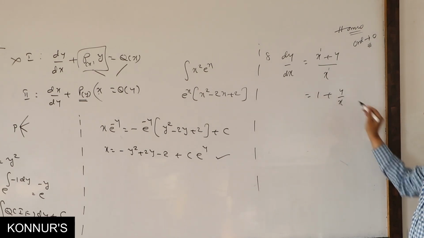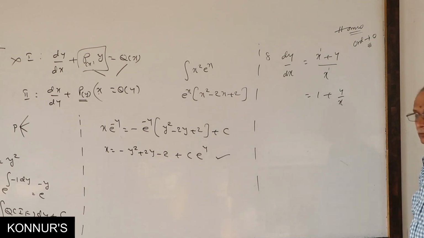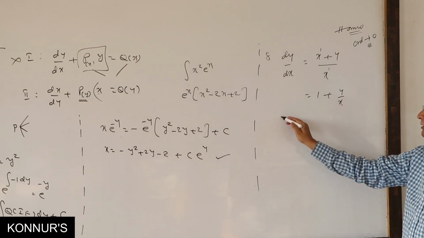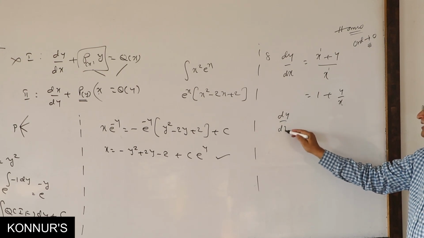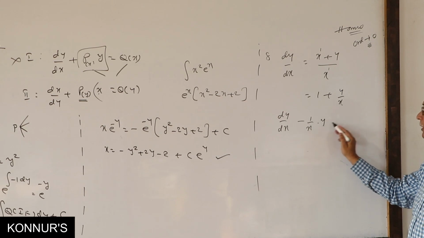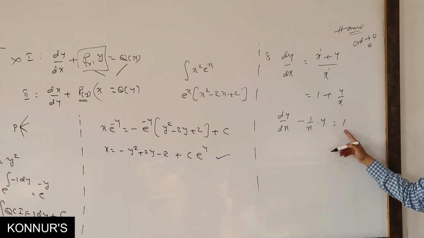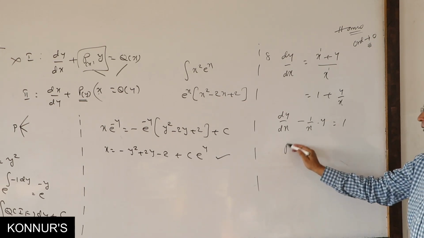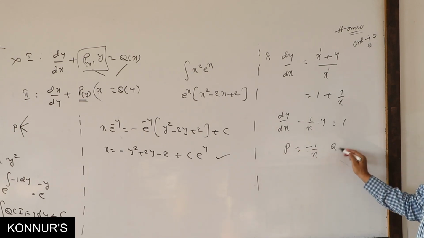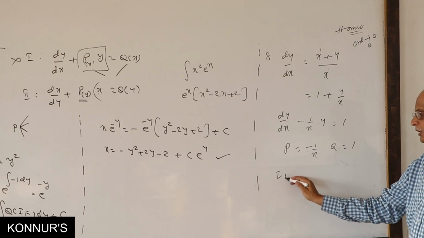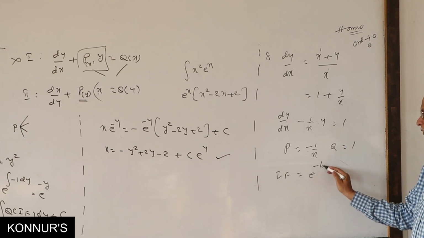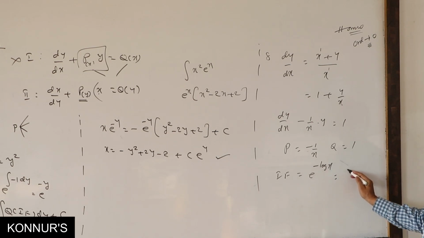Like this also, I am doing with linear. It will be the best method. Linear is also possible. Take the left side. Since it is dy by dx, it must be a function of x into y. The RHS is a function of x, constant, no problem. Compare with the first case. P value is minus 1 by x. Q is 1. Integrating factor is e power integral minus 1 by x dx, e power.